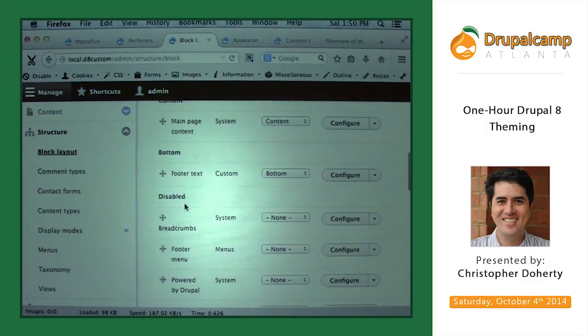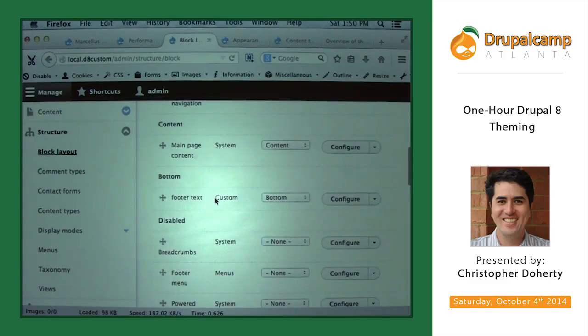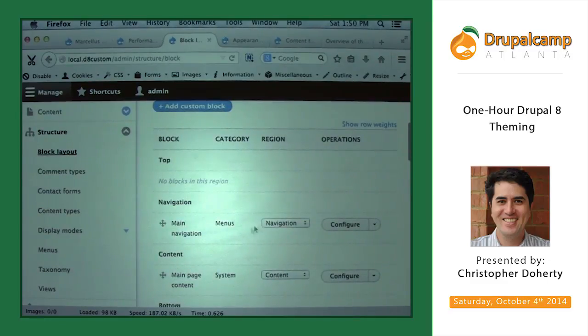I didn't delve too deeply, but for example, this footer text and navigation I placed as blocks. Eventually those modules will catch up, but for right now I just use the block admin. Does anyone know about Context or Page Manager or any of those others, where they are in D8? I don't myself.